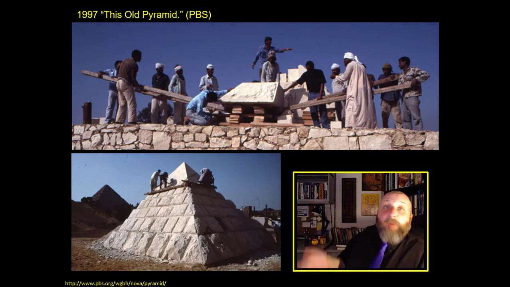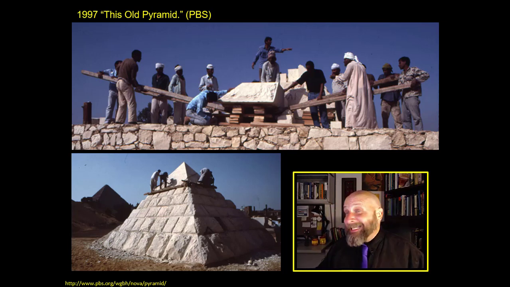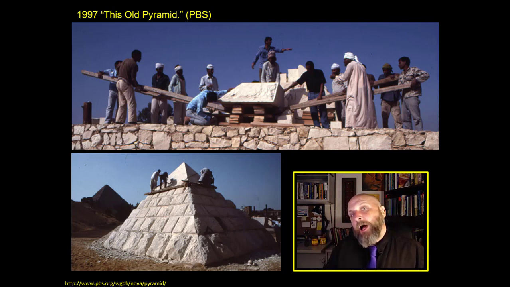I mean, it was an experimental process, so it was quite awkward and ugly at times, but Mark Lehner was able to finish his pyramid on schedule. And there's the pyramid today. It's right at the edge of the Giza Plateau, if I'm not mistaken. And one of the things that they learned very quickly is that when you're working with bronze tools, the bronze is very soft, so it gets chipped and dulled very easily. So basically, half of your workforce is doing nothing but sharpening and reforging tools for the people that are actually working on the pyramid. So basically, even if you don't have very complicated tools, you can build a limestone pyramid.